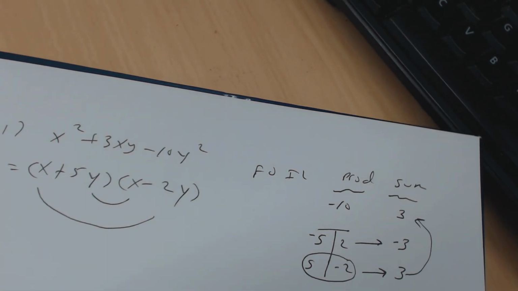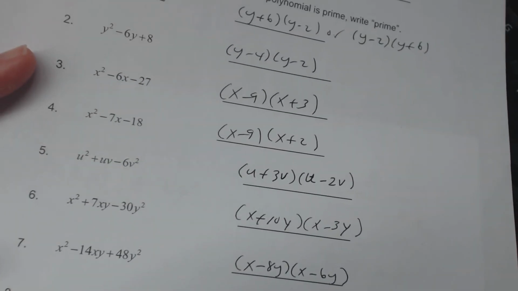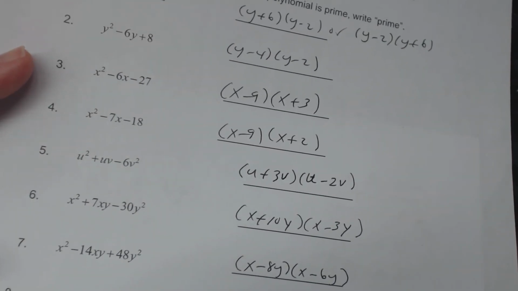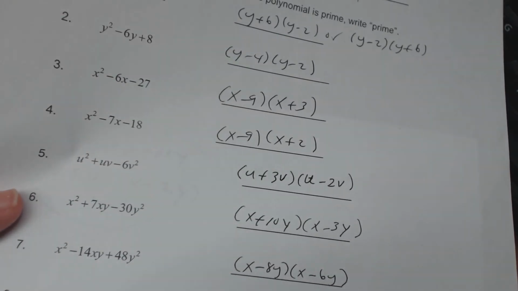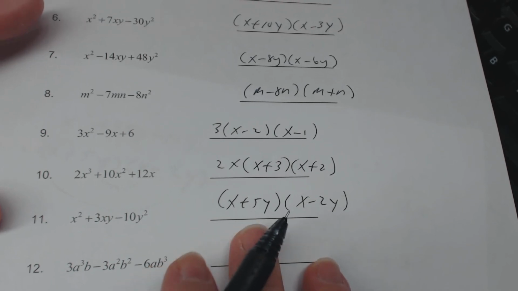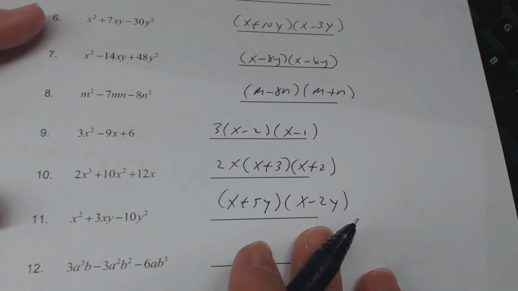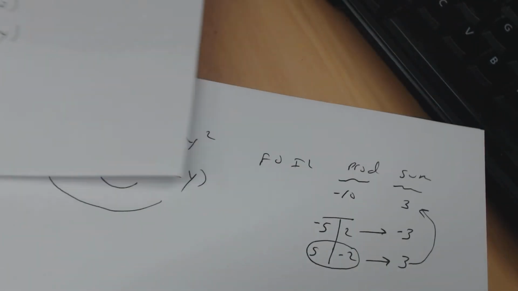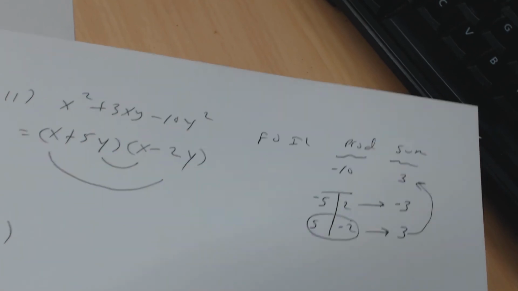All right, and always check yourself just like we did before. So I get x plus 5y times x minus 2y. Okay, so right here, I'm sorry, x plus 3y times x minus 2y. Okay, and then finally number 12, you have